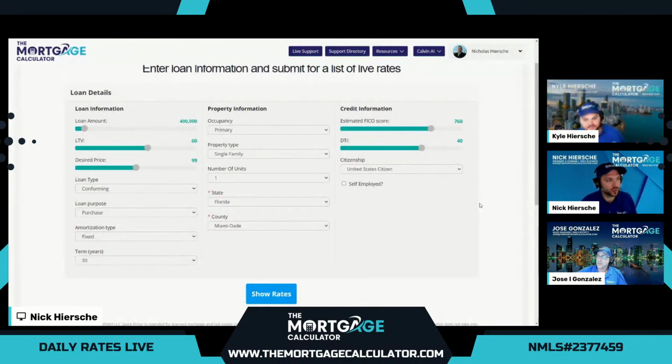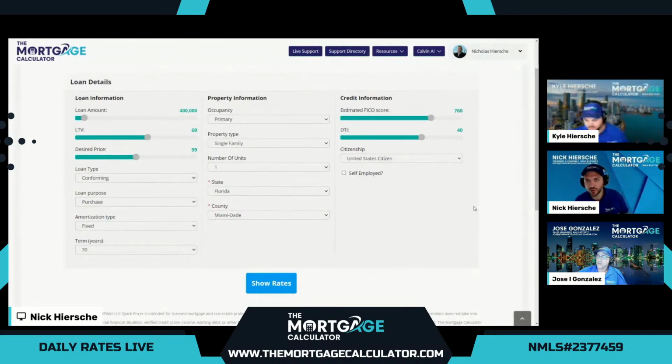All right, this is our pricing tool for our team of mortgage professionals. This will show us the rates for today, October 25th, and the APR, including all the fees. If you'd like a full loan estimate with an itemized breakdown of the fees that go into the APR, please get with our team members. We have over 400 licensed loan officers in 24 states for primary homes, and we can do our business purpose loans in 44 states.